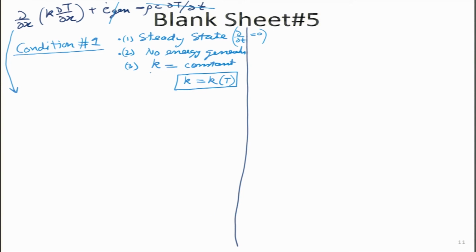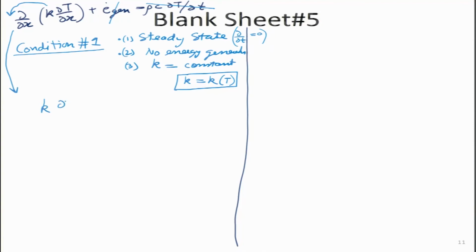The third assumption I have written, k is constant. What does that mean? It means clearly I can take it outside the bracket. If it is a constant, it won't be bothered with the differential operator. So, what I end up getting is k del square T. Now, I can write it as d square T, because there is no other parameter, only variation with x. d square T by dx square is equal to 0, which means I can just remove this k, and what I get is a very simplified condition number 1.